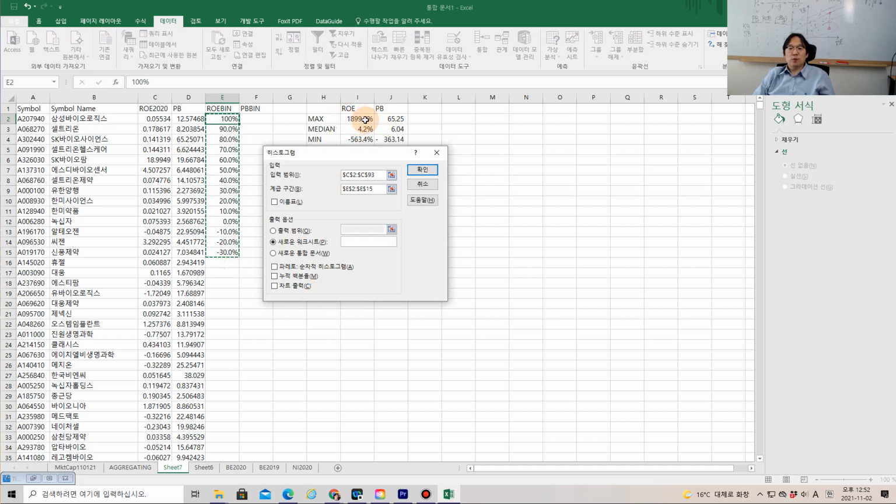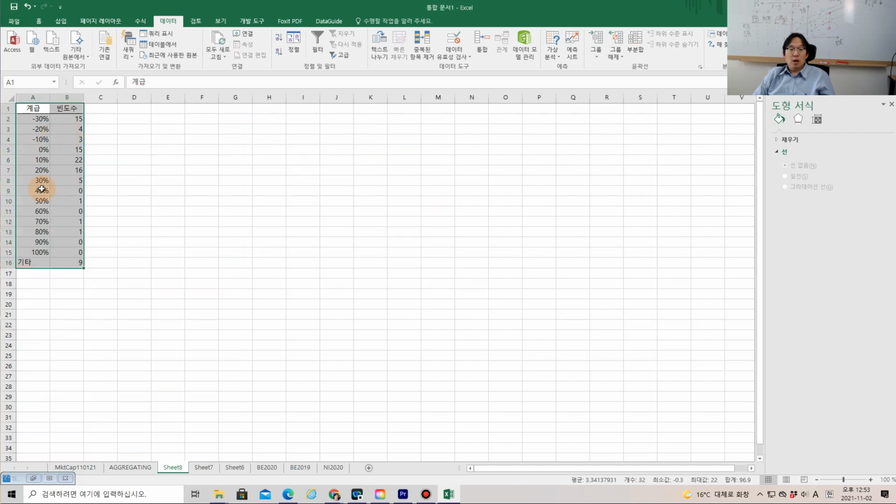Okay, you may say, oh, what about the extreme values over here? That one will be lumped into something big based on it. So you can see this one. So you see ROE bin minus 30% to 100%. Bins are over here. Extreme ROEs are lumped into over here. 5,000 ROEs or whatever, 1,000 ROEs are lumped into over here. And then the extreme low ROEs are lumped into over here. Minus 1,000 ROEs all the way up until 30% ROEs are lumped into over here,